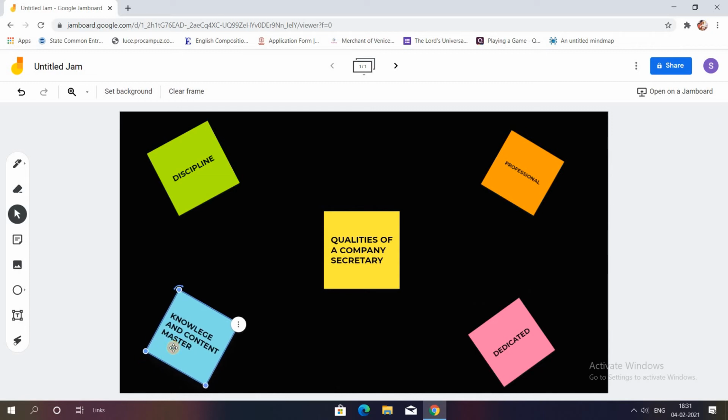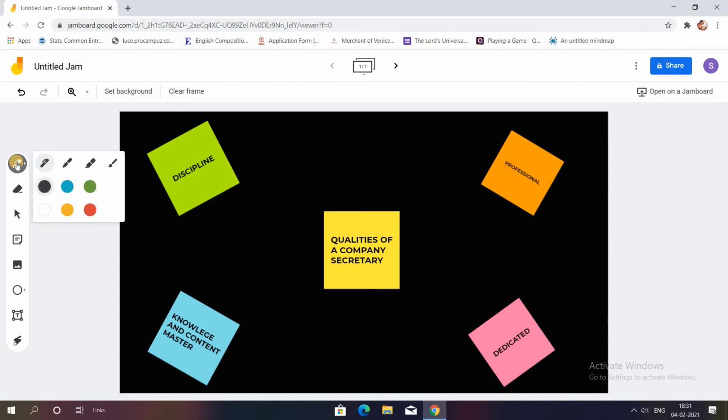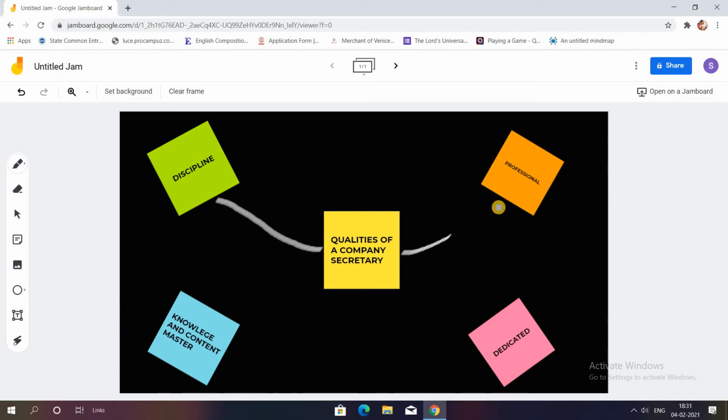So once I'm done with this, if I want to make use of pen, then you can see I'll click on the pen option. There are various colors. As the background is black, I'll use white color, and the thickness, how do I want it, which sort of pen do I want. I'll click on the third one and I'll draw rough arrows how I want it to be like. So this looks like a chalk. I'll just drag and draw these arrows in this form.